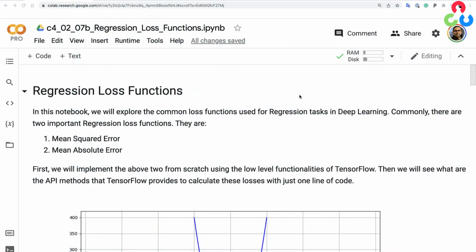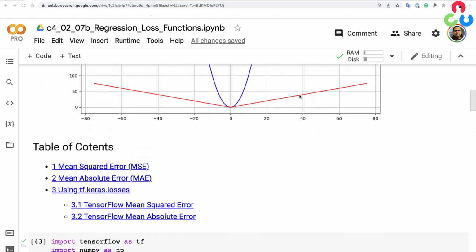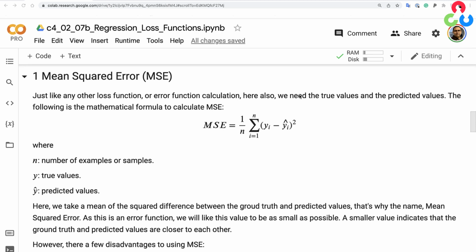Hello everybody. In this video, we are going to go over regression loss functions in deep learning. There are two commonly used loss functions, mean squared error and mean absolute error. So let's first understand the definition of these two terms, and then we will learn how to implement them using